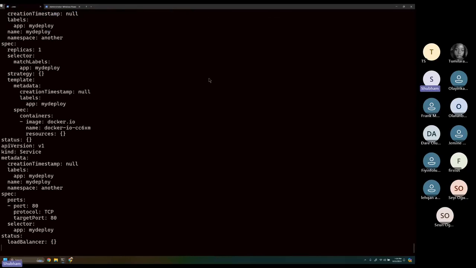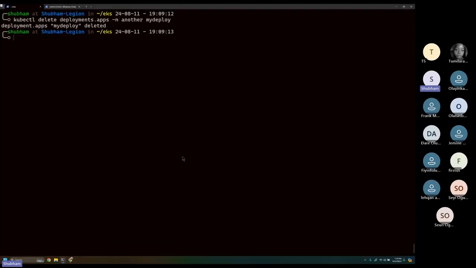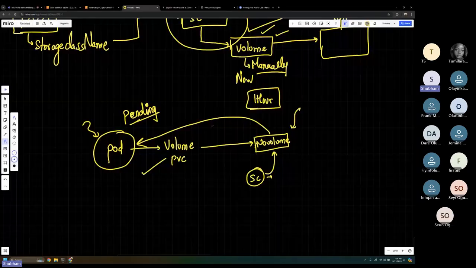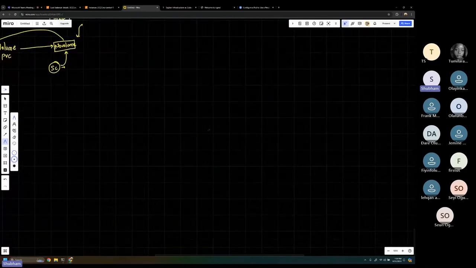All right. So you see here, this is an example of my, I will delete the deployment in my other namespace. So when you say that if I'm creating an application on Kubernetes, why doesn't it automatically create a service for me? That's the question, right? Because it's all about automation. Yes. So first thing is